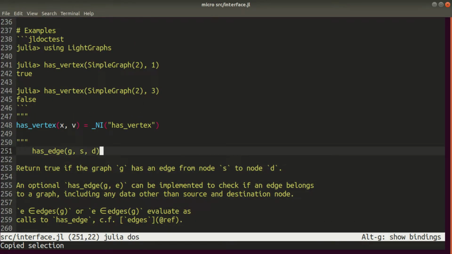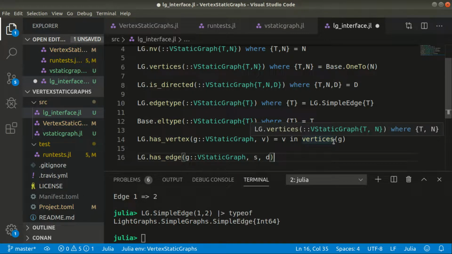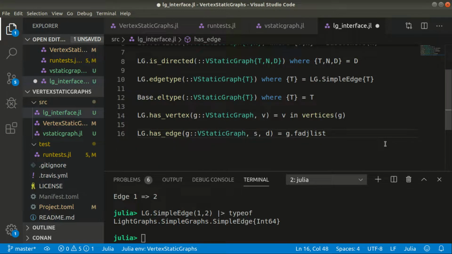Has edge. Okay. Now we're getting interesting things. So LG dot has edge, simple graph, static graph, with a source and a destination. And this will be, is there an edge from S to D? And the implementation is not the same depending on. Oh no, the implementation is actually the same, so we don't need the information of are we directed or not. So we just have a list, and then so this is getting the vector of vectors, and each vector is. Oh no, yeah, we'll do things a bit cleanly,